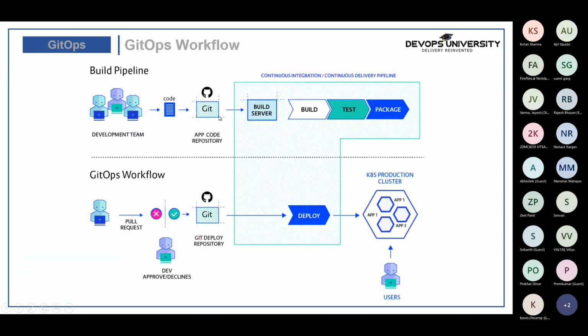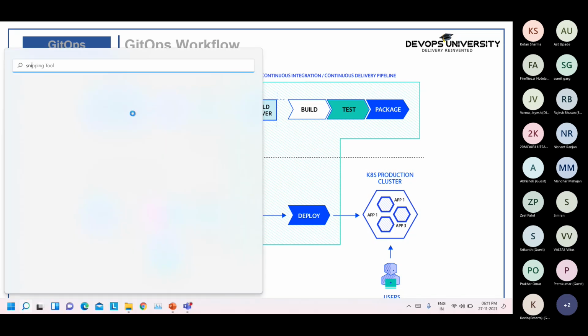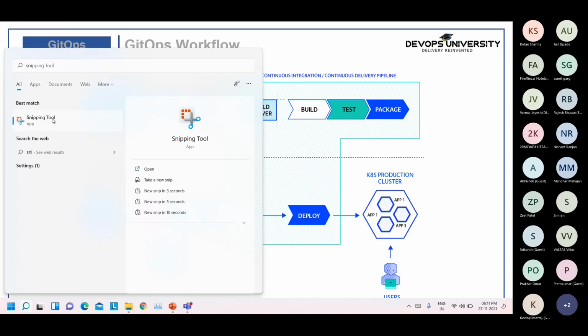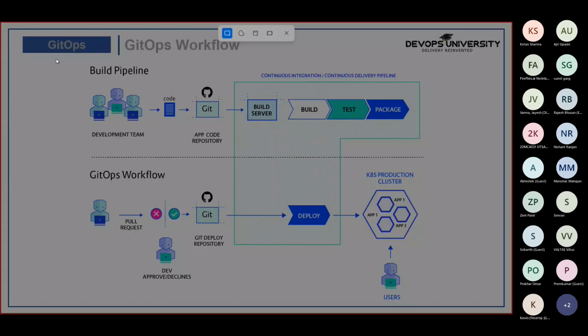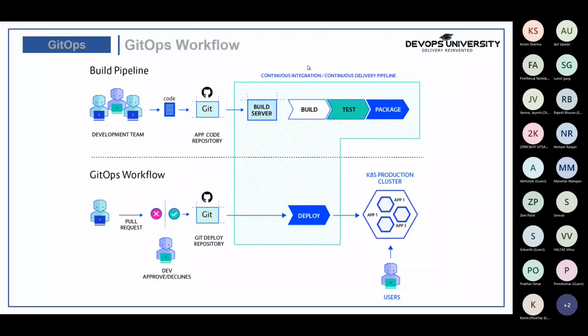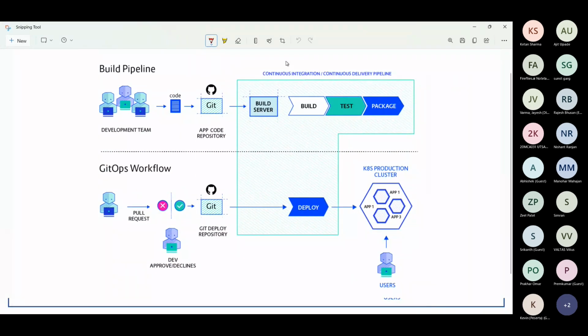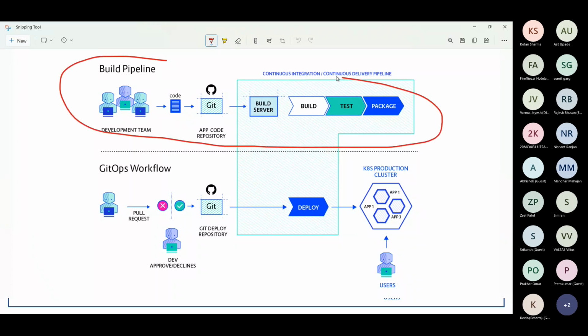Now this is the main difference which we talk about over here. For example, here in this one, we are trying to see how the configurations we can do. We are having the build pipelines available here. So here in this one, if you can see, this is a typical DevOps pipeline in which the developers are committing the code in the Git repository. After that, the build is executing, the test case is executing, and the packaging is being performed there.